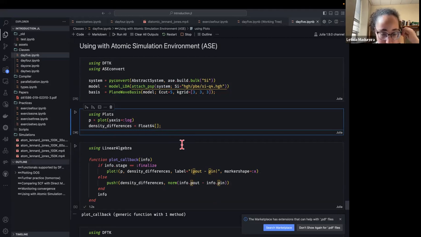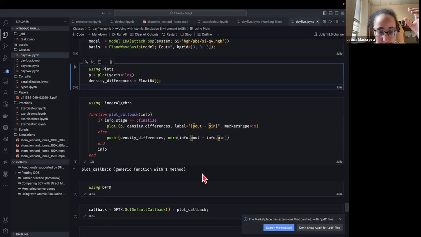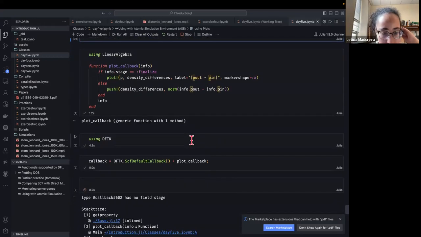That's what we will run here. The difference in densities within the lattice and out of the lattice. And we will have this normalized and